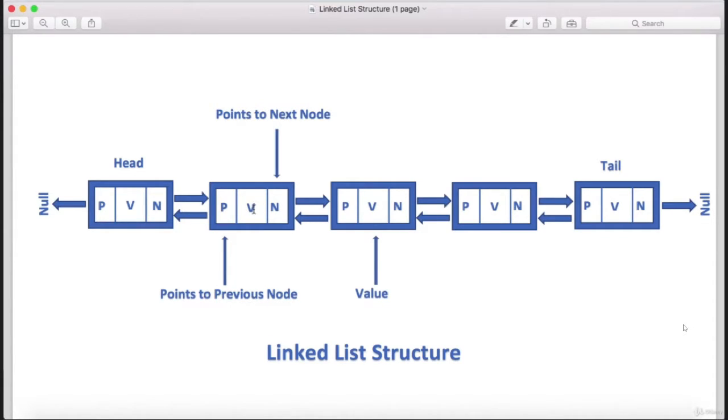Now, unlike the arrays, linked list elements are not stored at the contiguous location. They are not adjacent to each other like we saw in the array. In arrays, they have the specific index associated with them and the elements are adjacent to each other. But in this case, the elements are stored at random locations, but they are linked with each other using